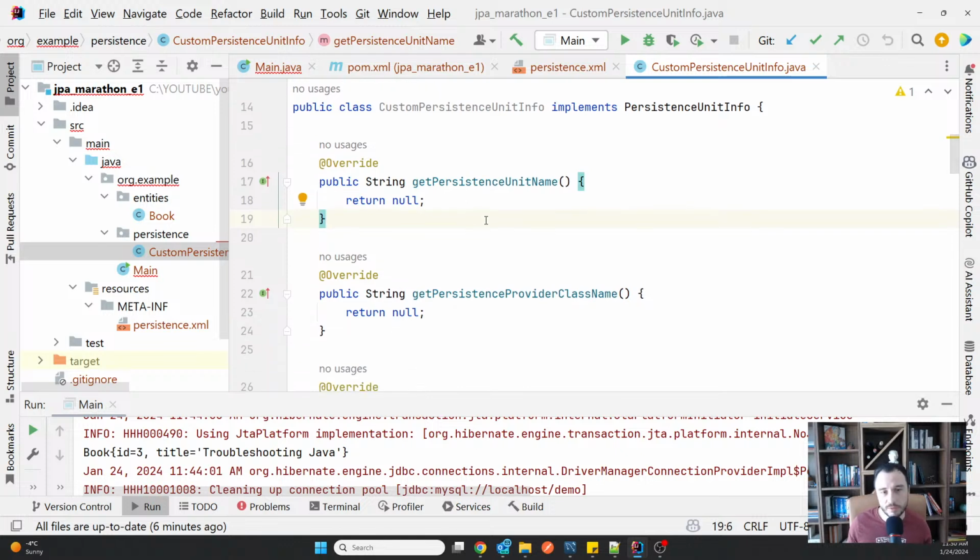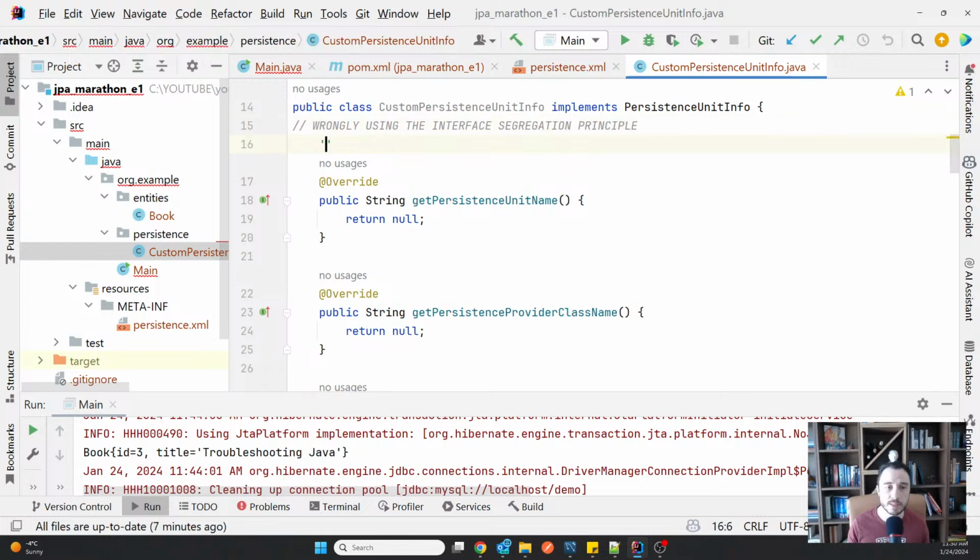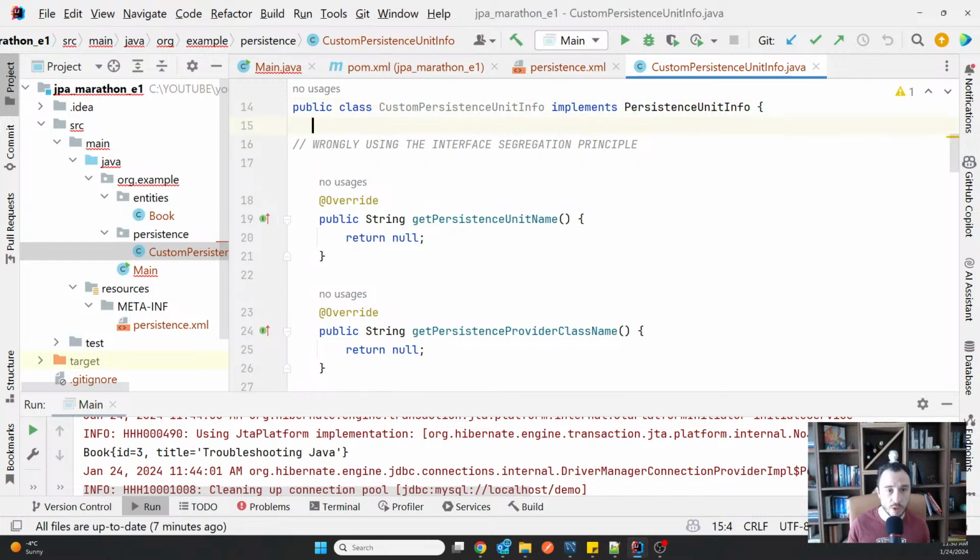And this, my dear friends, is an example of wrongly using the interface segregation principle. I have some examples from the real world of wrongly using principles out of the SOLID principles. So for those of you who don't know what the interface segregation principle is, you might have at least heard about SOLID.